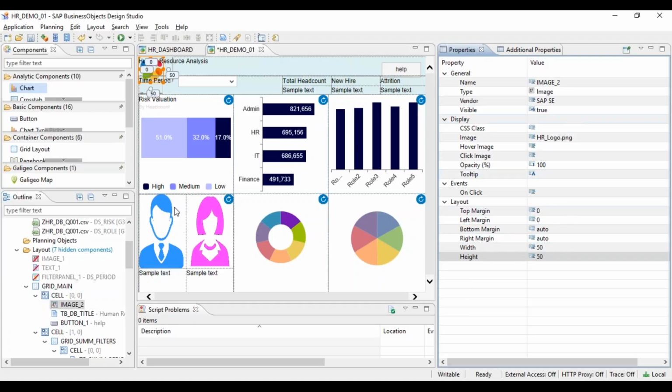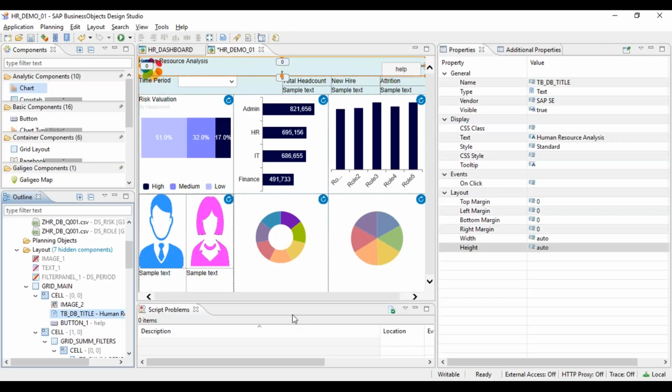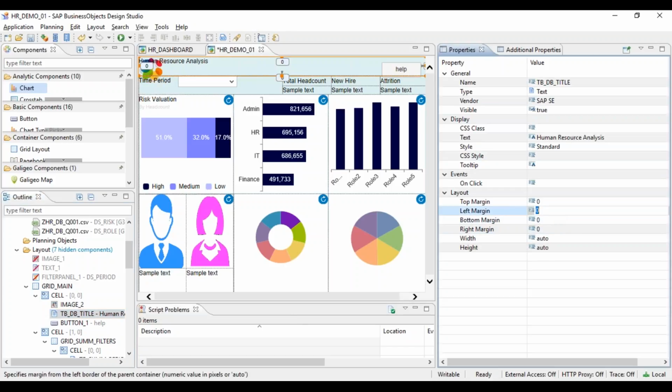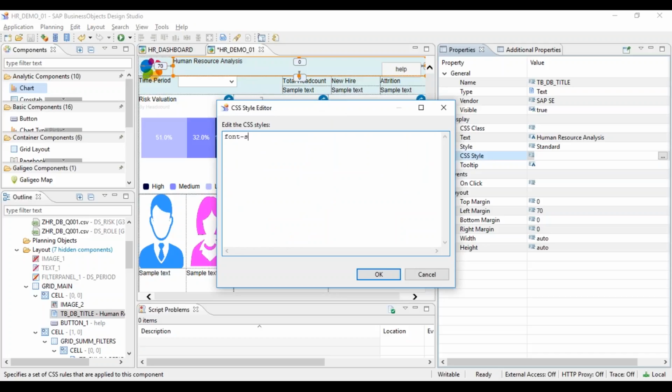And then we can give the title. We can start the title from here, and increase its font size. Can give color also.